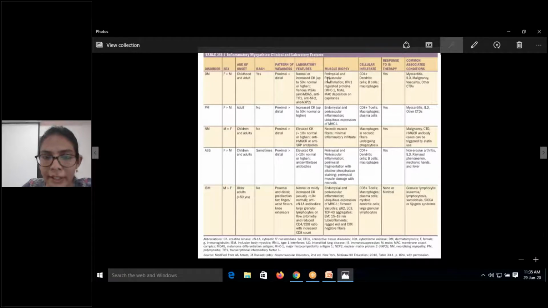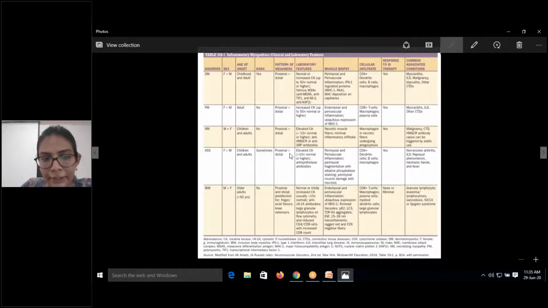In lab, usually creatine kinase is the enzyme which is the marker of myopathies. Whenever a muscle is involved or damaged, the creatine kinase present inside the muscle cell is elevated. It is elevated to more than 10 times in most myopathies. In dermatomyositis, it can be normal or increased up to 50 times the normal level. So you can have very high levels of creatine kinase in dermatomyositis. In polymyositis also, it can be normal or increase up to 50 times the normal levels.